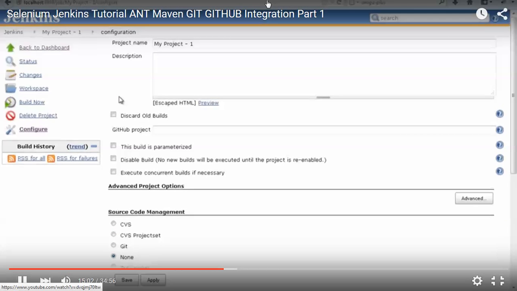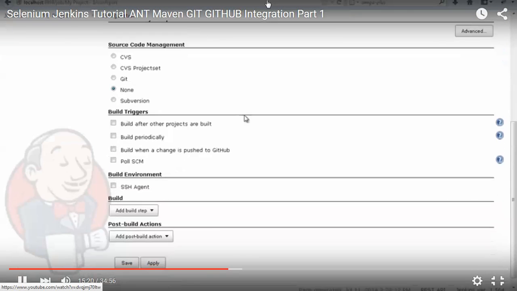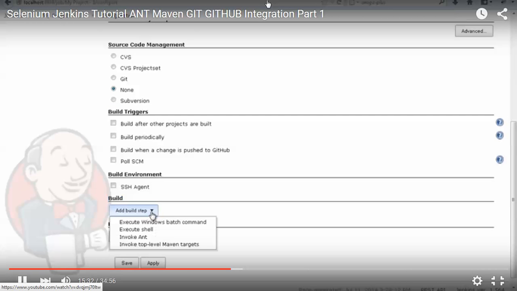That means I don't want to integrate my Jenkins with any project which is lying on any server. I'll say that my project is lying on my local machine only, in some C drive or D drive. So basically, I'll select none over here. Build triggers is again one of the options which I will be talking about in some time. I will not talk about it right now. And for build, how the build has to be made, I'll select execute shell command,